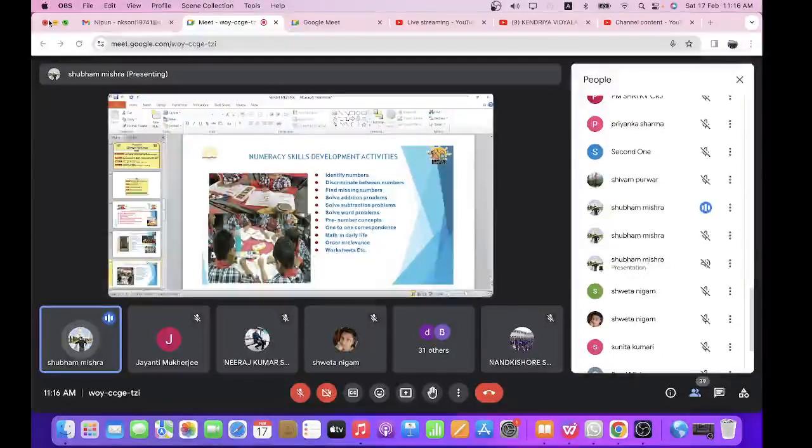And with the numeracy skill development activities, we do various kind of activities like identifying numbers. हम बच्चों से आइडेंटिफाई करवाते हैं नंबर। एंड वी डिस्क्रिमिनेट बिटवीन नंबर्स। फाइंड मिसिंग नंबर्स, लाइक अगर हम एक नंबर के बीच में गैप रख दे 1-3-5, तो हम बच्चों से पूछते हैं कि व्हाट विल कम आफ्टर 1 एंड व्हाट विल कम बिफोर 3, लाइक दिस।